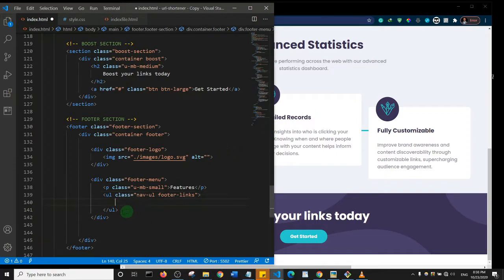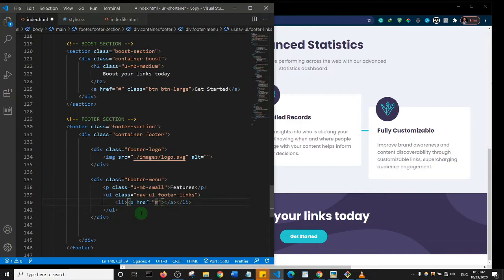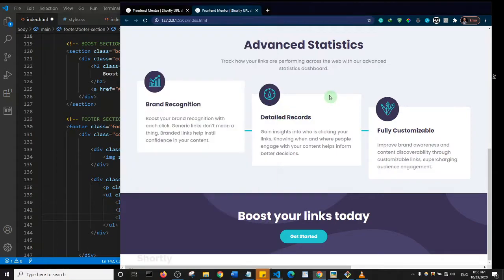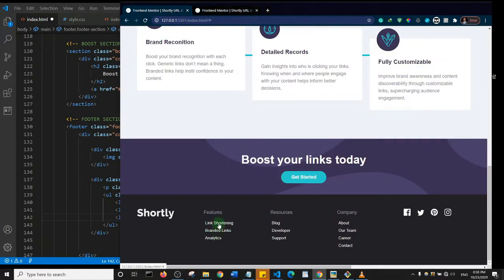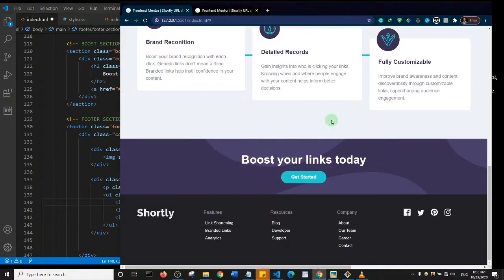Okay, so within this ul, I'll then create list items. So I'll just say li, and within the li I'm going to create an a tag. Okay, and then I hit tab. Okay, the links are not going anywhere, so basically I can just maybe duplicate this first. So 1, 2 and 3, I think. Let me just check to confirm. So 3 link items. Okay, so we'll then put link items here. So the first one is going to be, let's just check it out,